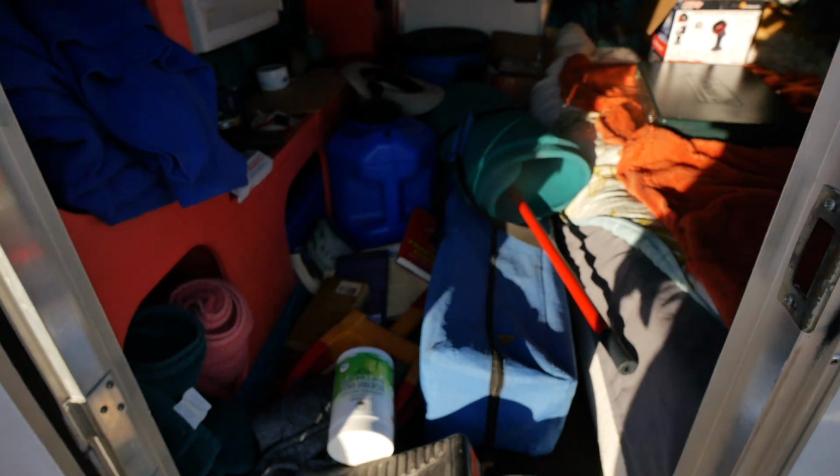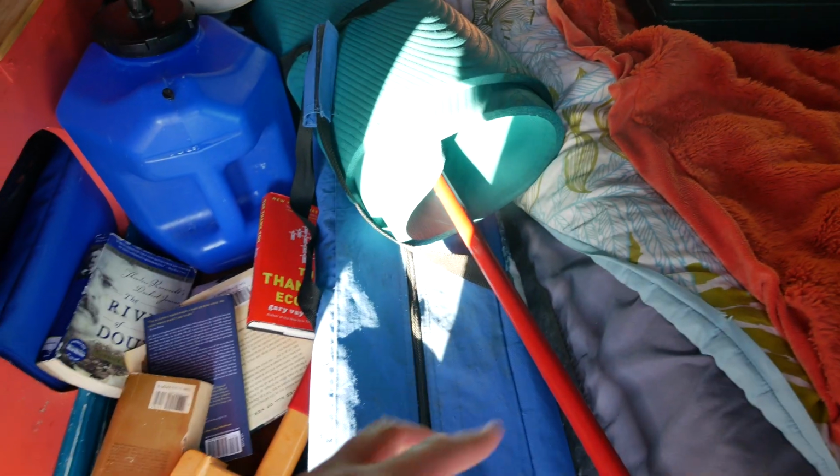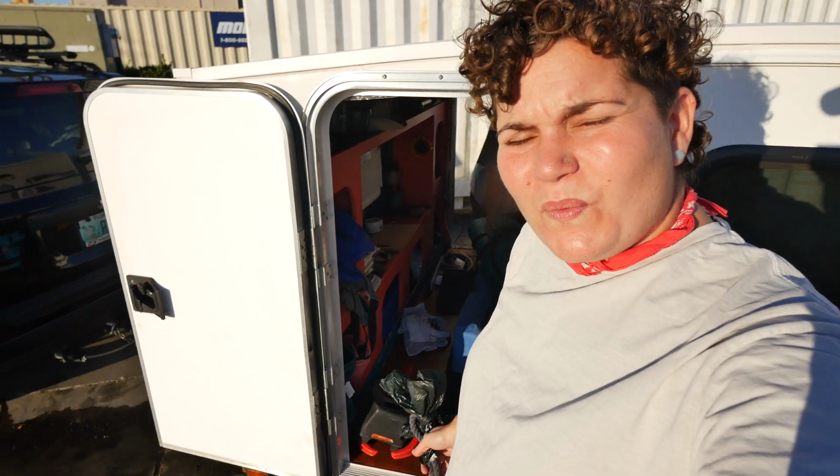Let's see what kind of mess we got in here. Wow. So we're gonna try to take out the canopy and maybe just put it right underneath the camper, and possibly the water jug. All of this just fell because we've been driving. So all of our books are down here. We are going to be